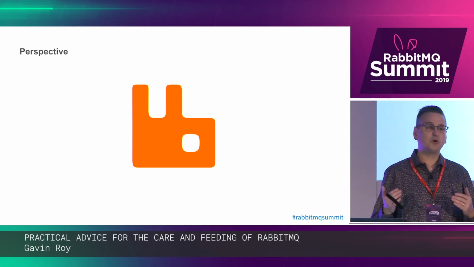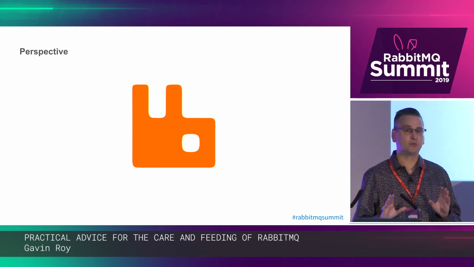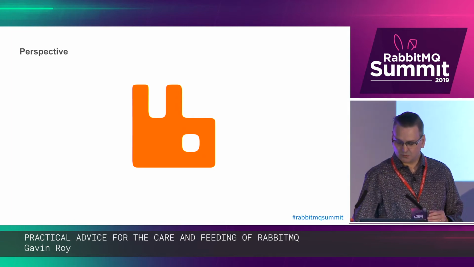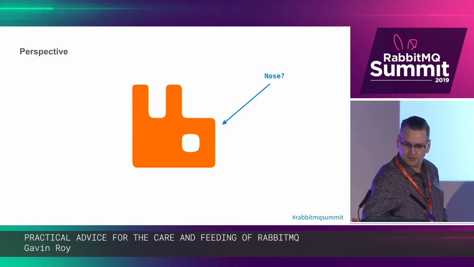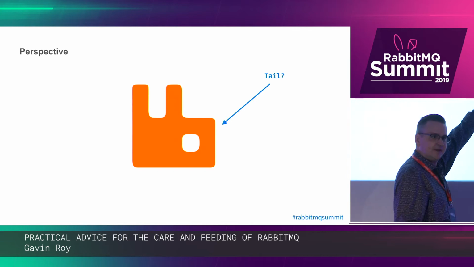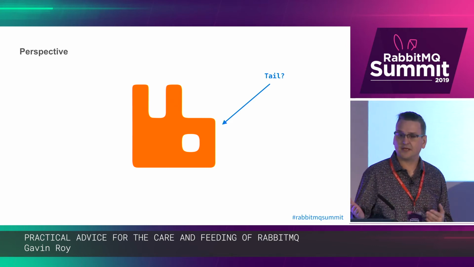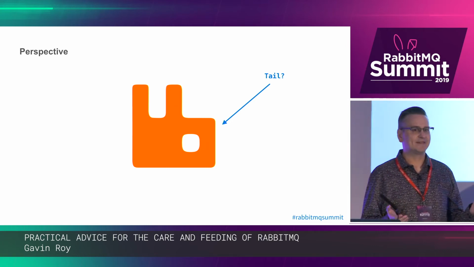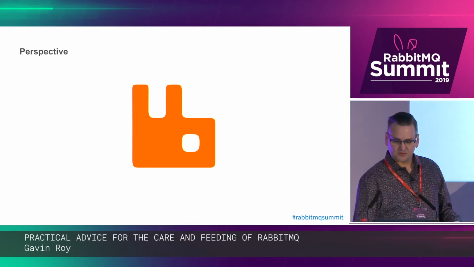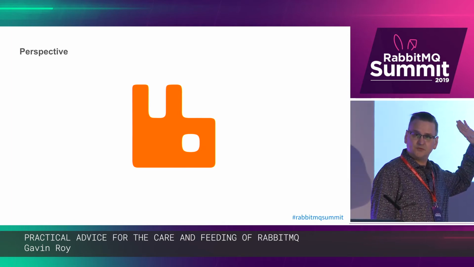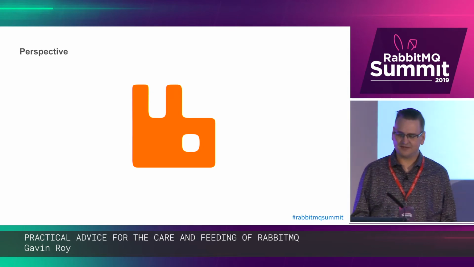I was speaking with a coworker, and I have a reputation at work for being somewhat knowledgeable about RabbitMQ, and he told me he had a really important RabbitMQ question for me, and that was, is this the front of the rabbit? Or is it the back of the rabbit? Is this the fluffy cottontail, or is it the nose? And I had never really thought about that before. Here's a logo that I'd been looking at for 10 years, and I hadn't really thought about which side of the rabbit it was. I always just assumed it was the face. So front or back? Are you guys going to be able to move on past that? For me, that was like, wow, gave me a little bit to think about.